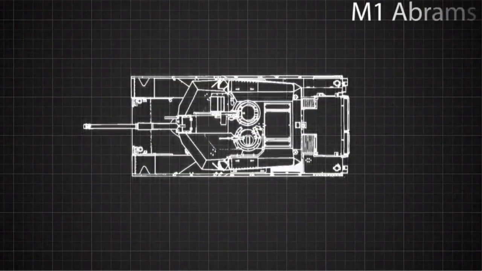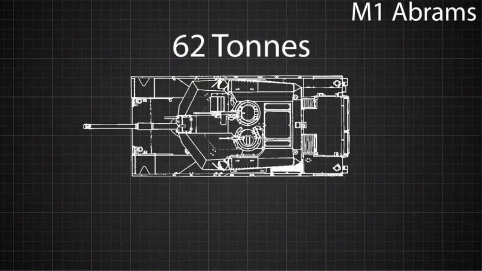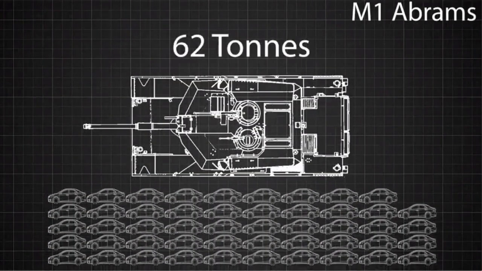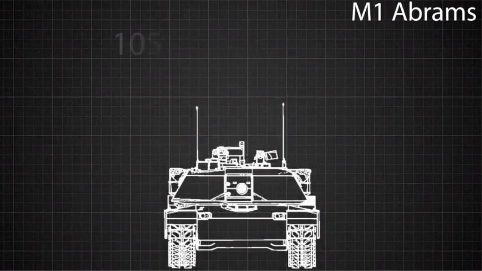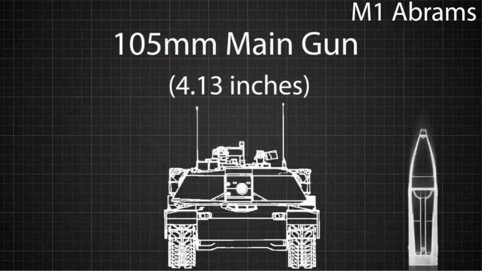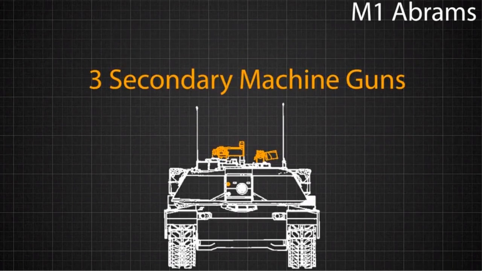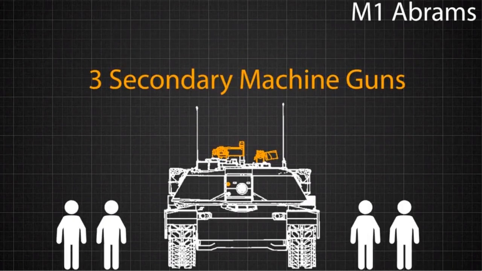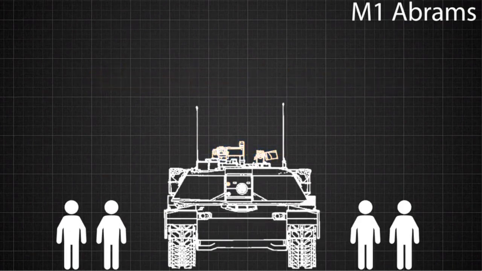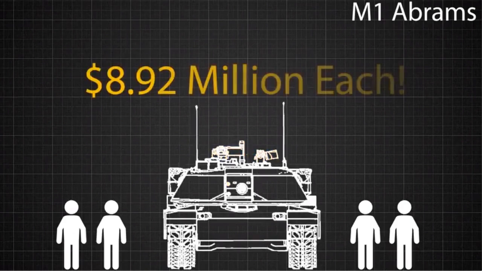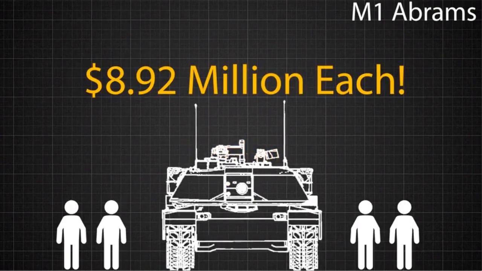The vehicle weighs a mighty 62 metric tons, equal to the weight of about 49 2016 Toyota Corollas. It possesses a main gun of 105mm, meaning the shell that it fires from the turret is 105mm in diameter. There are 3 secondary machine guns located around the tank as well, and the vehicle is crewed by a 4-man team. Individually, each M1 Abrams tank costs $8.92 million to produce,